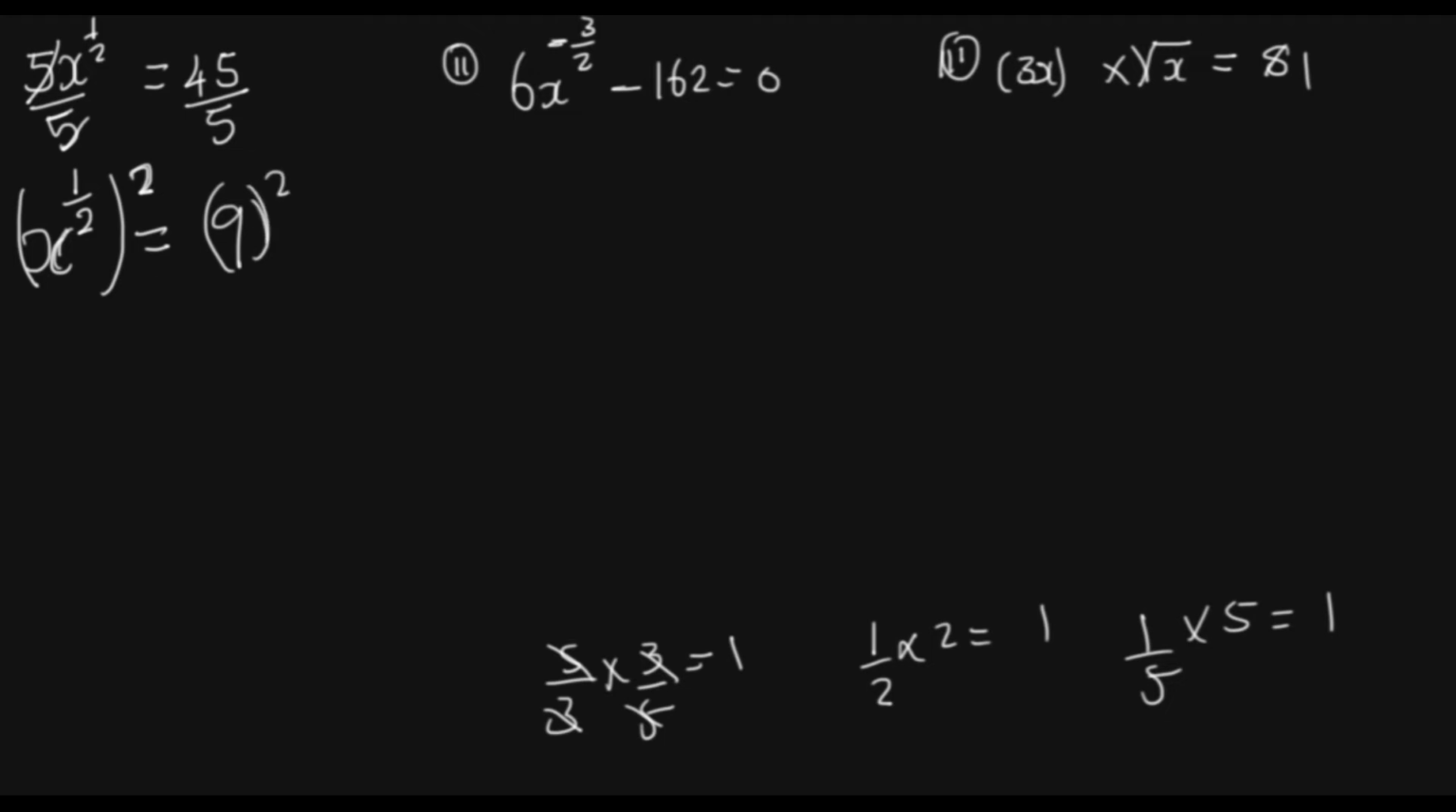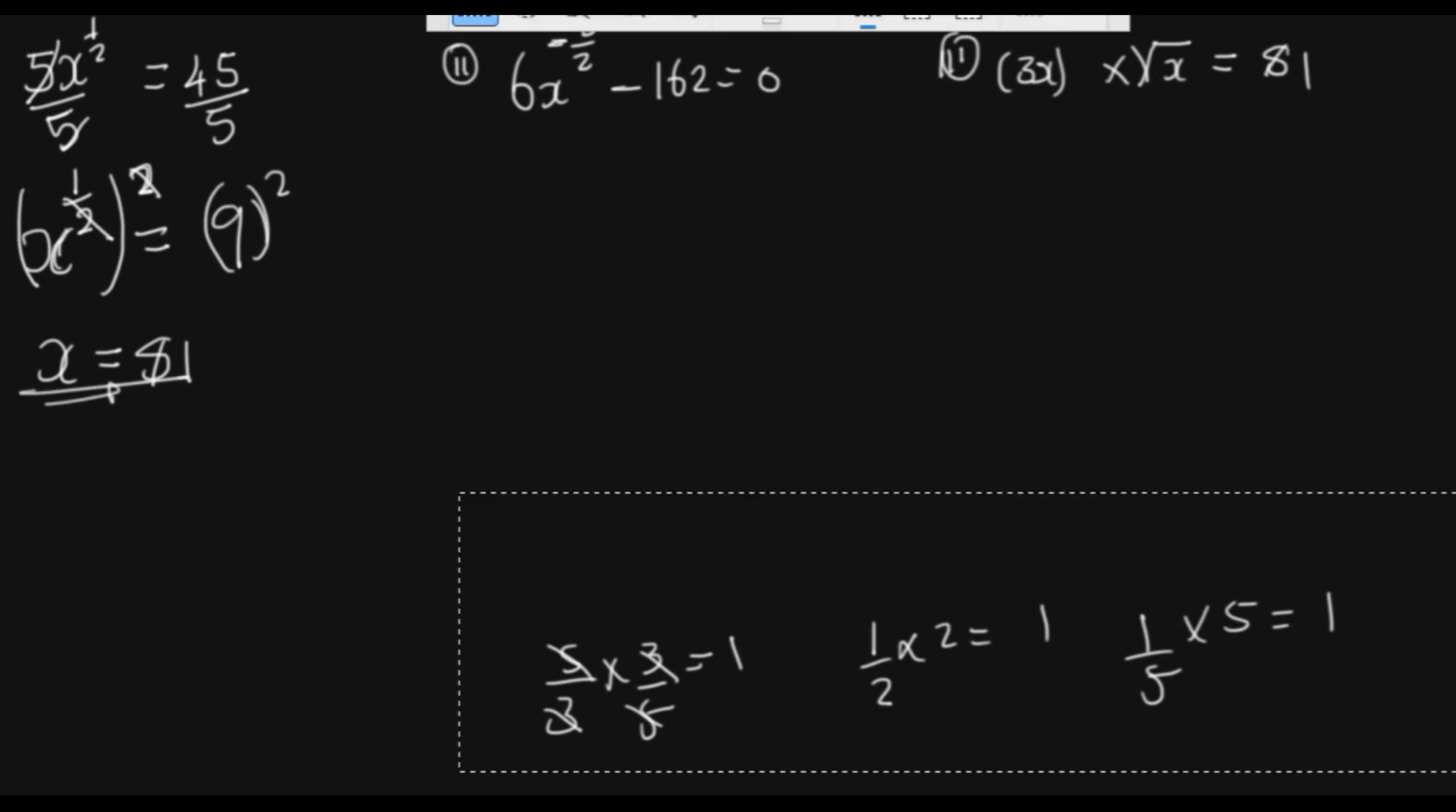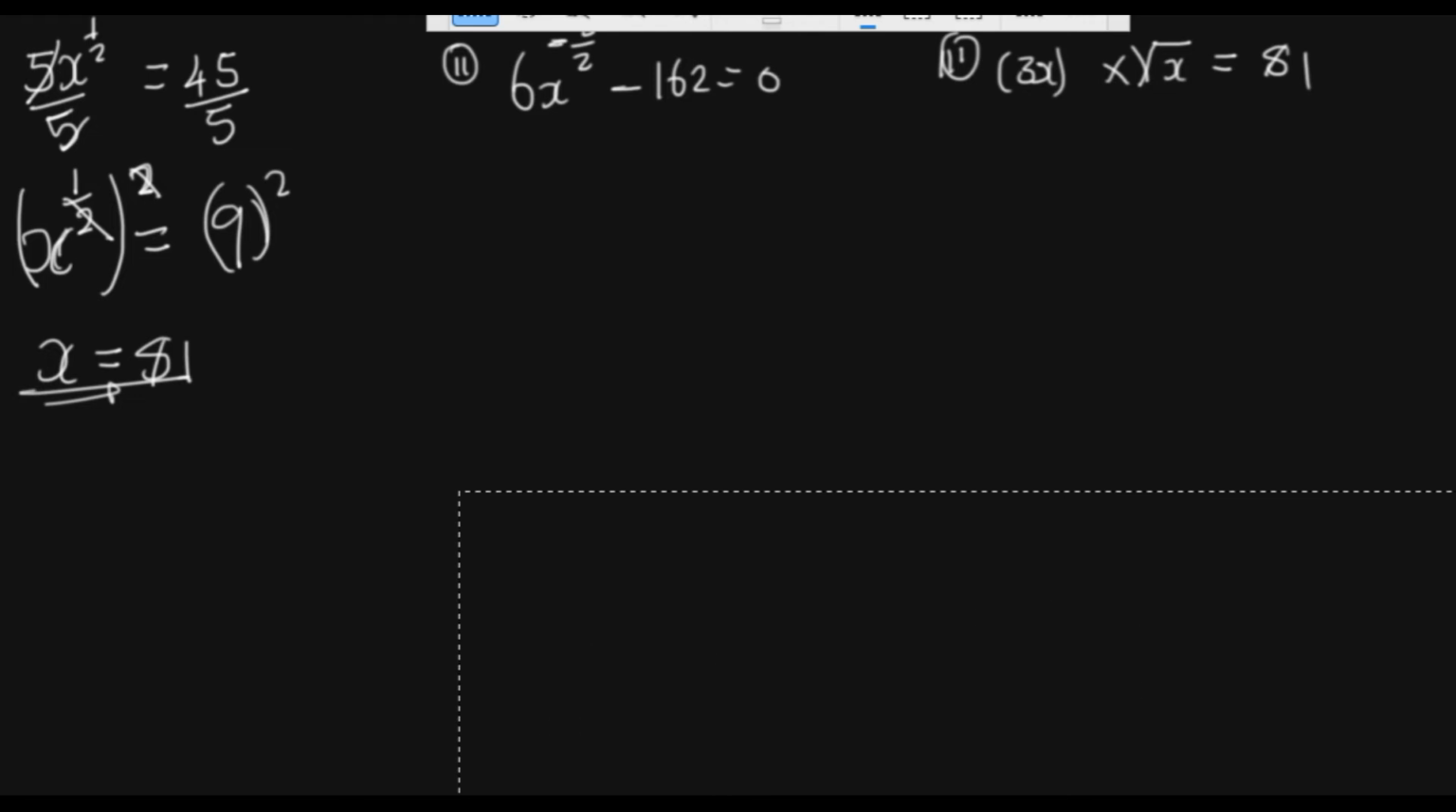So also 9 raised to the power 2, so that we can cancel these 2 and these 2. We have our x is equal to 9 raised to the power 2, which is 9 times 9, which is equal to 81. Okay, let's move on to